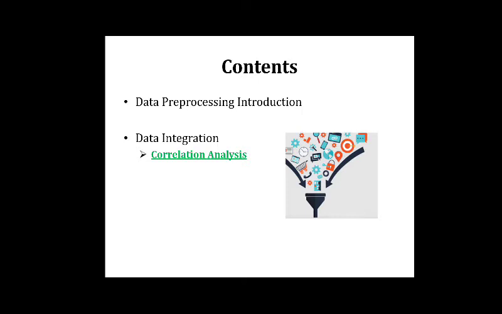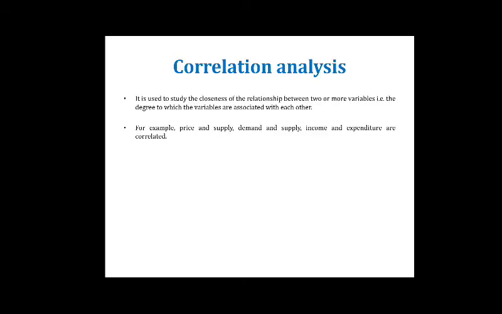Why are we studying this correlation analysis? Because it is behind the smooth working of data integration. So let's see what this correlation analysis is. It is used to find out the relationship between two variables. Okay, means we are saying that one variable depends on another, and how much it depends on the other variable. So we are finding the closeness of the relationship between the variables, means whether they are strongly related or weakly related to each other. These things we are going to find.